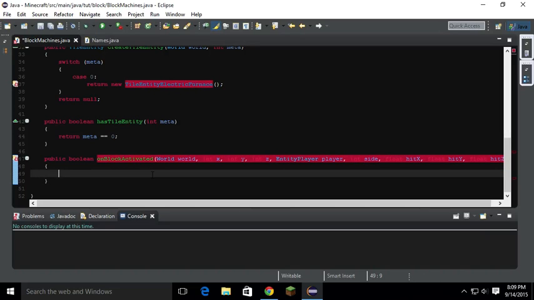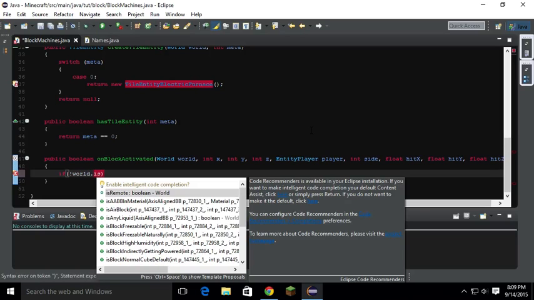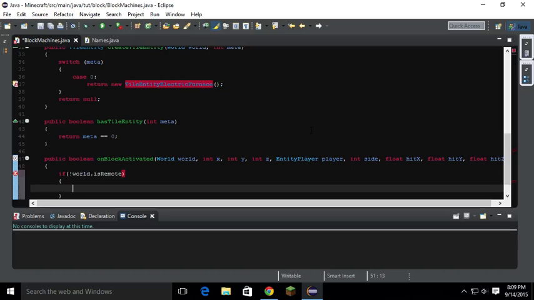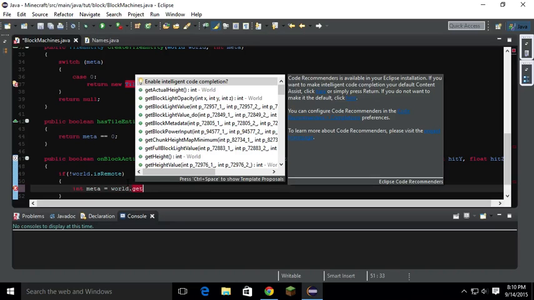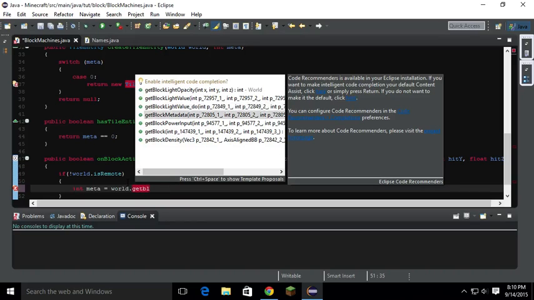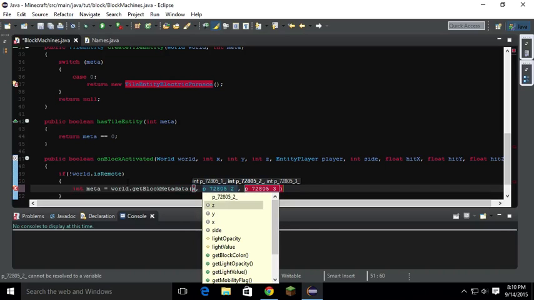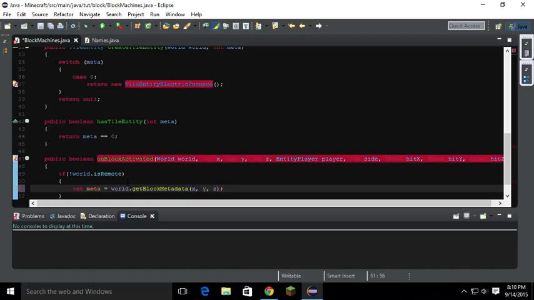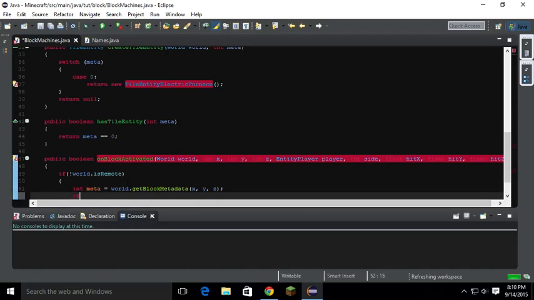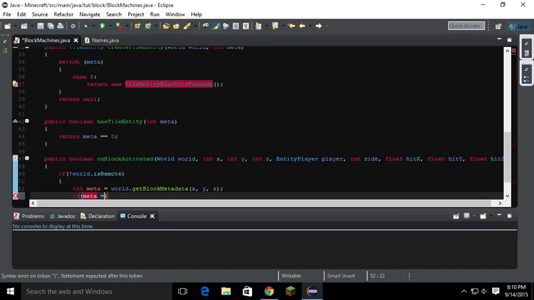Okay, so now we are going to do if it is not world dot is remote, go int meta equals world dot get block metadata x y z, and then if meta is equal to 0,